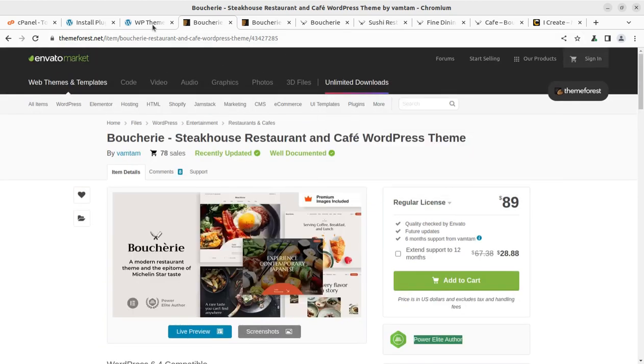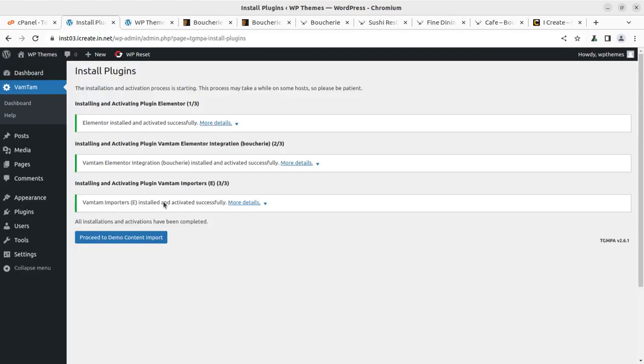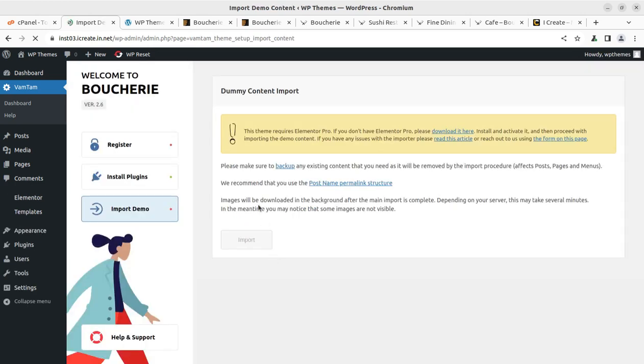Okay, let us proceed. So click on this proceed to demo content import, and let us see. This theme requires Elementor Pro. If you don't have Elementor Pro, please download it here. It is taking you to the Elementor Pro screen. Install and activate Elementor Pro and proceed with importing the demo content. If you have any issue with import,